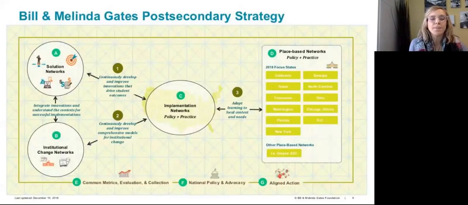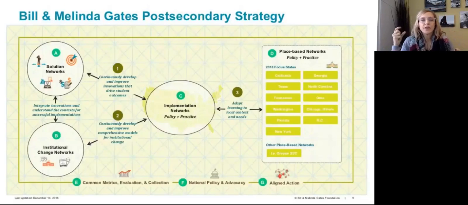So for example, 3 of the solutions they are investing in most prominently are digital learning, advising reform, and developmental education reform. So where the label says solutions, that's what that means.